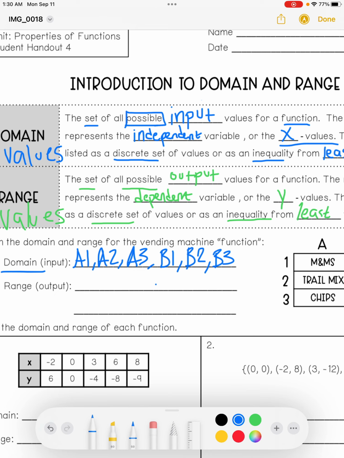Okay? Hopefully we're starting to see the picture. All of the possible inputs into the function is my domain. So let's find out the range. The range